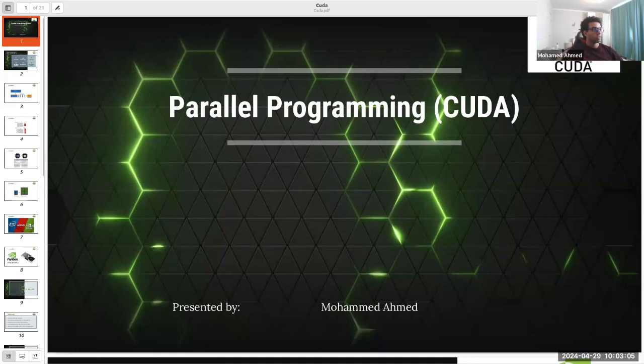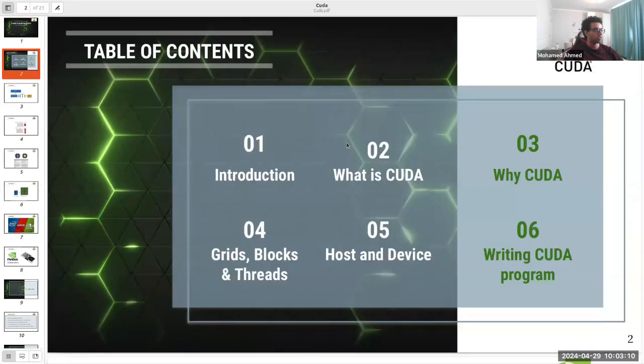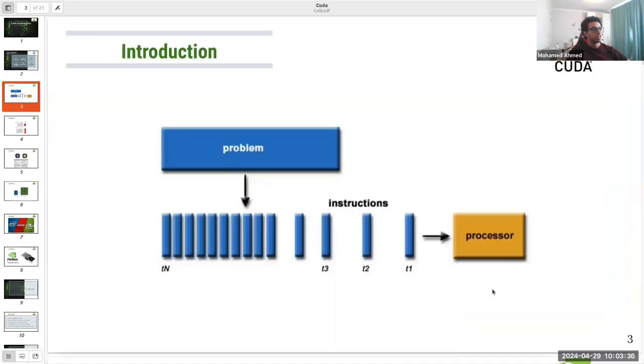So let's start with our slides. This is our table of contents: Introduction, what is CUDA, why CUDA, what are grids, blocks and threads, host and device, writing a CUDA program. We'll refresh our memory with those slides. I believe we have covered all of this, but I believe we have forgotten most of it. So let's just refresh what we talked about last time. So first,